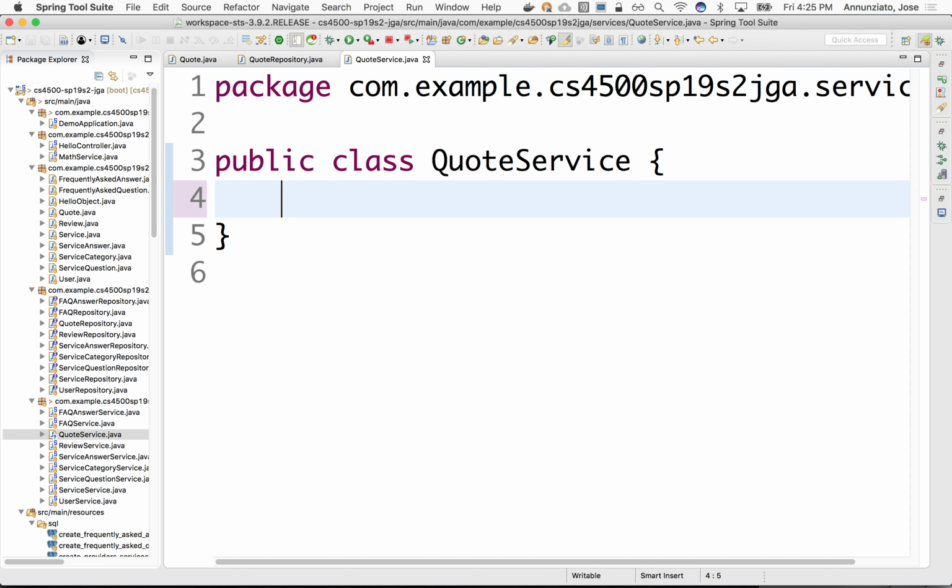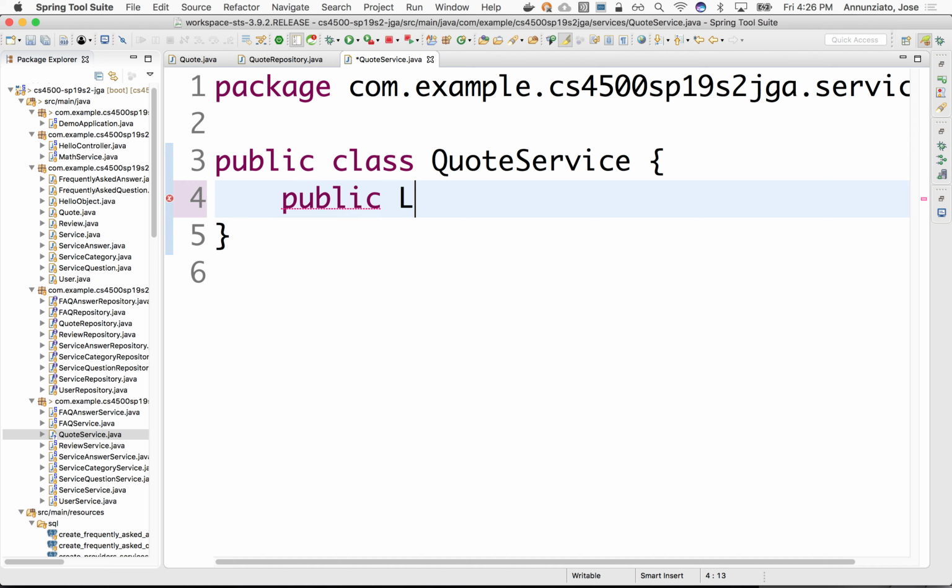Basically, we want to be able to expose the data that we have there. Now the repository plays the role of an interface between two worlds, right? The Java object world and the flat relational world, right? It allows that interface between those two worlds. This quote service is going to play a similar role between two worlds, right? The stream world of the HTTP network world and the Java world, right? Communicating between these two worlds, right? Same